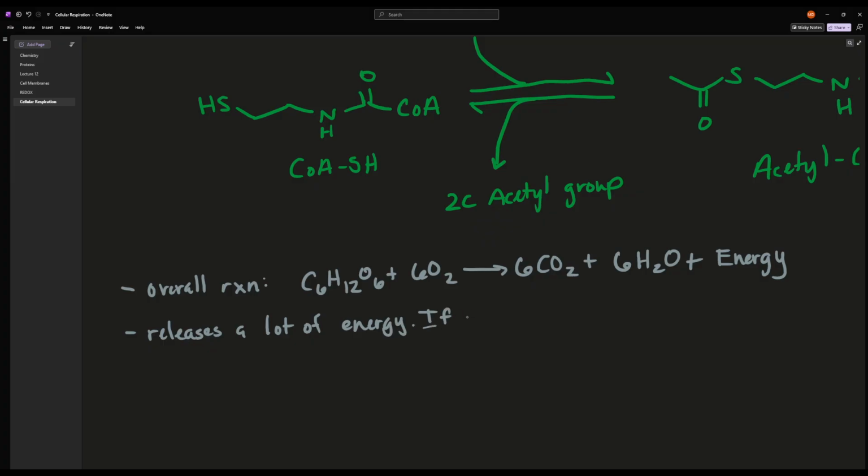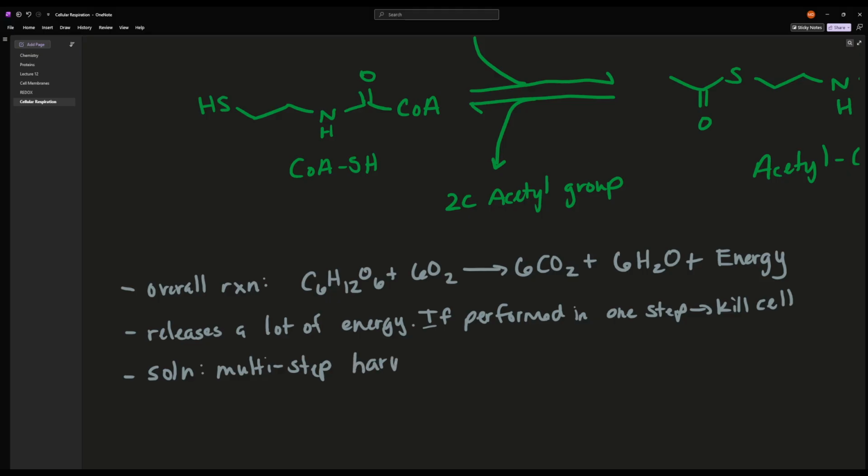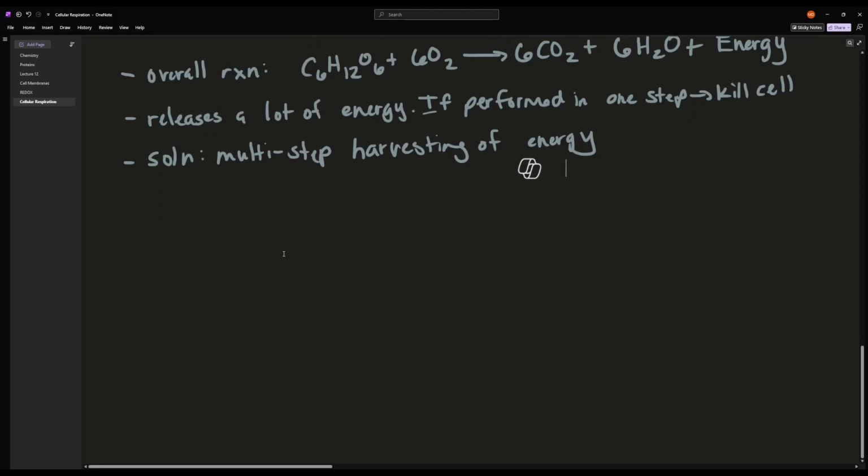If performed in one step, this is going to kill the cell. It's too much energy released at once. It's going to absolutely fry your cell. So the solution is a multi-step harvesting of energy. And if we were to look at the graphs of this,